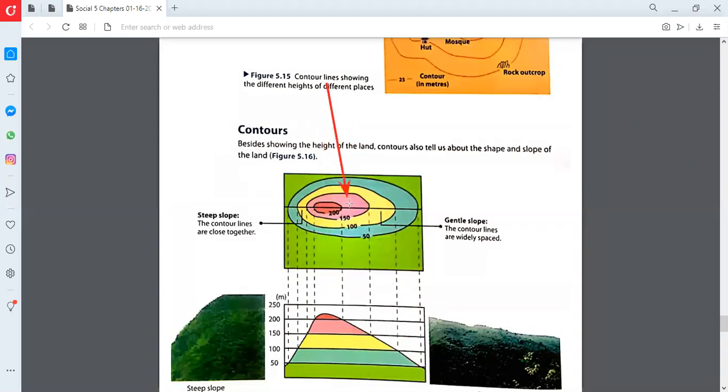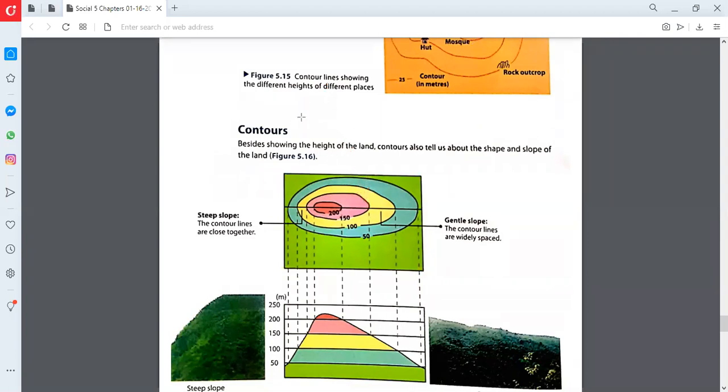On the other side, on the left side, they are showing pink. See, pink has less space because on the left side the pink has less space. On the right side they have much space. So in the form of these lines, we can easily find out what is the shape of the building, of the mountain, of the hill, or the place, and how the slope looks like.